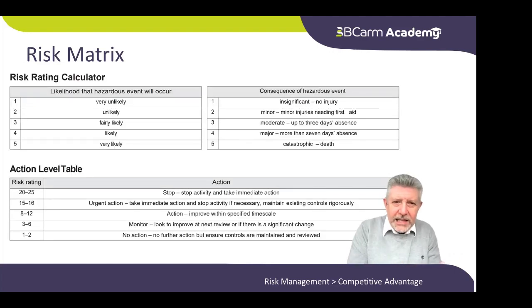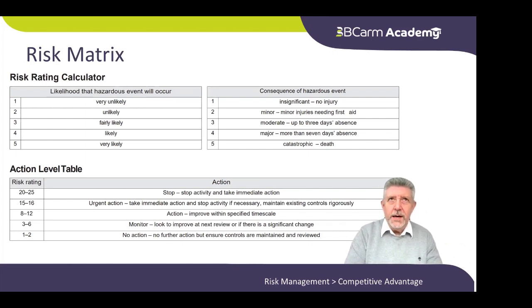Now, looking at the likelihood or the consequence, using our 5x5 matrix, in the top two tables there, I've gone from very likely to very unlikely, and again, it's just trying to slot in the different factors, all levels in there, and similarly for consequence. From minor or insignificant, no injury, through to maybe fatalities up at number 5. So when we multiply where we are on our matrix, the figure that is our result,